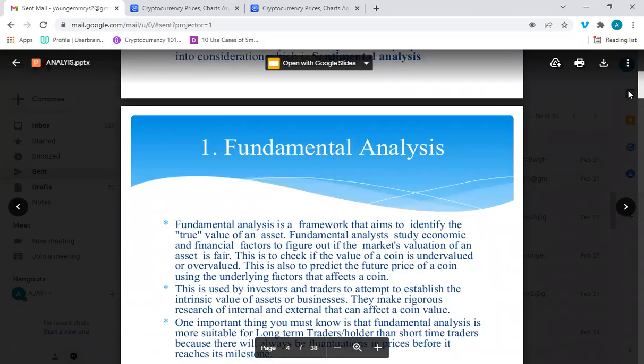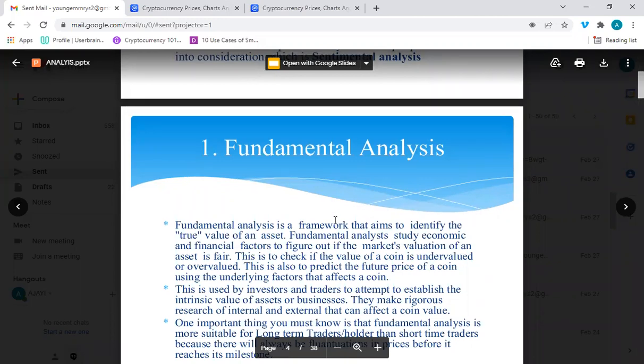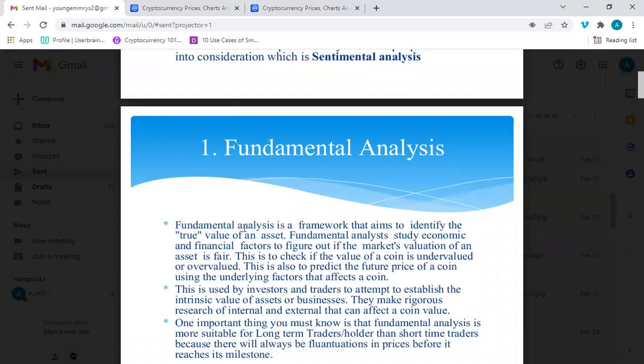Having a good knowledge of fundamental analysis will make you a good holder. Yes, holders, you cannot be rich if you can't hold. But it's not every coin that you can hold. There are some that once they pump, just sell it. You understand? Now, fundamental analysis is the framework that aims to identify the true value of an asset. True value in the sense that there are certain things we check in the coin that tell you this price is not its destination,